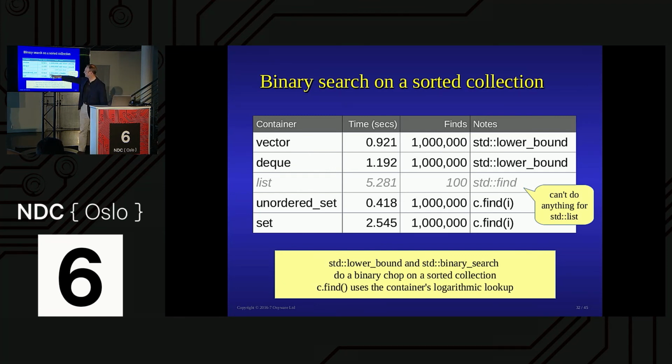I mentioned how do we get faster on these things? Well, vector and deque. We know domain knowledge tells us we put these in order. Now we've got a sorted vector. Maybe we can do binary lookup. So binary search or lower bound. Binary search just gives you back true or false. Lower bound just gives you back an iterator. And notice that vector is actually faster than set for that particular one. It's dense in memory. Deque is not quite as fast because they're pages of memory. You have to go through a vector of pointers to find it. So again, this is just the use of domain knowledge.